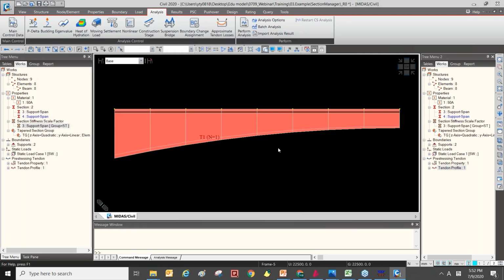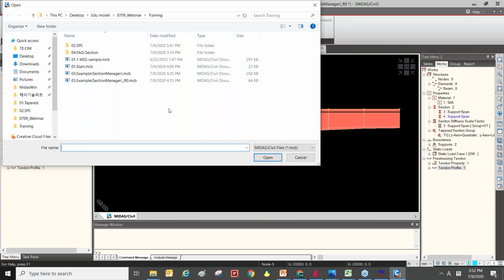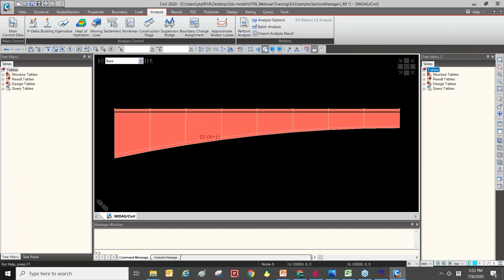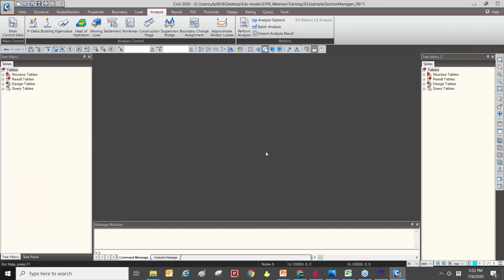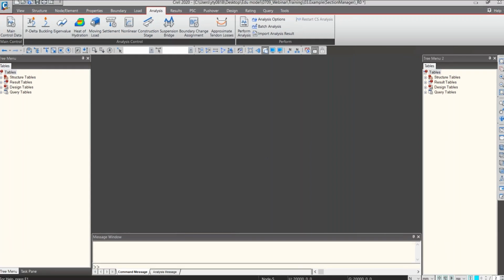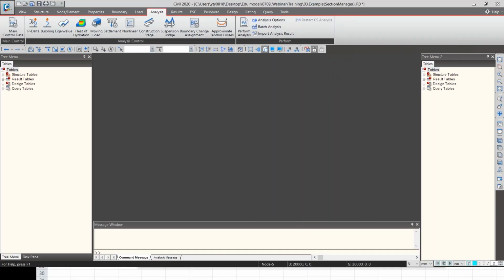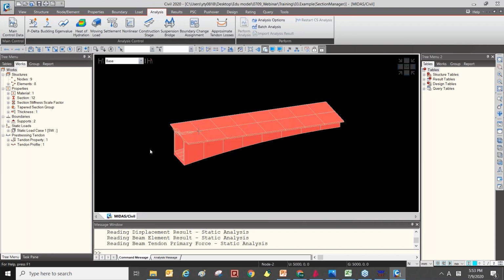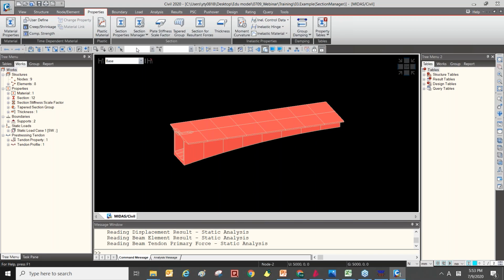Okay, and let's see other sections. Okay, I bring some more. We remain reinforcement and